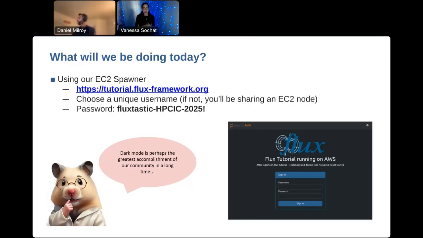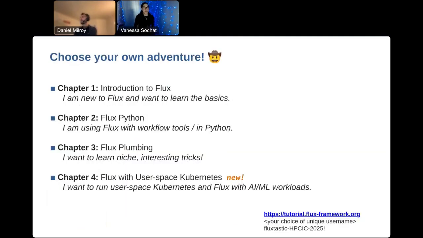It's a Graviton 3 AWS processor, one of my favorite AWS nodes. And of course, as this little cute hamster points out, dark mode is perhaps the greatest accomplishment of all of mankind because it's just great. Okay, so